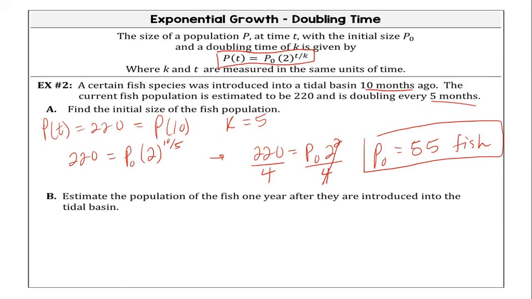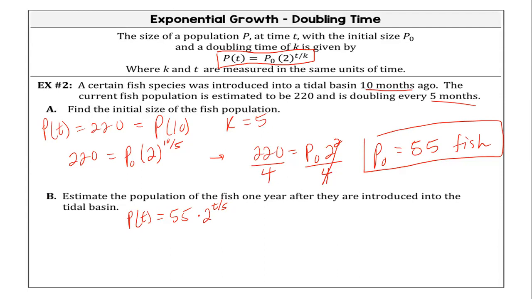Okay, so now that we have our initial, we now can write our actual equation. So for any situation, P of T equals 55 times 2 to the T divided by 5, right? Am I now set up to make any prediction? Yes. It says here, estimate the population of the fish 1 year after they are introduced into the tidal